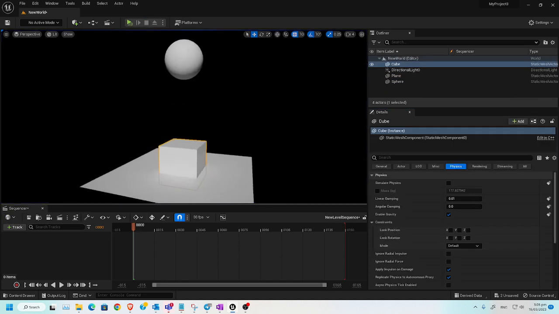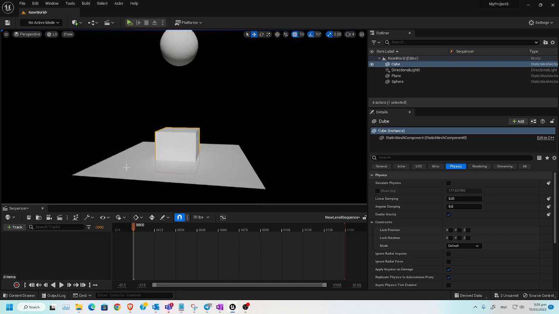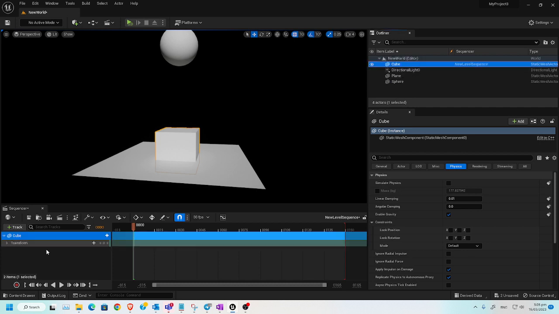Then she says, okay, I'm gonna animate this box. So when this falls on the box, then the box moves, then this falls again. So let's do a bit of quick animation of the box. I just created a sequencer, added the cube to it. So let's say somewhere here the box starts to move